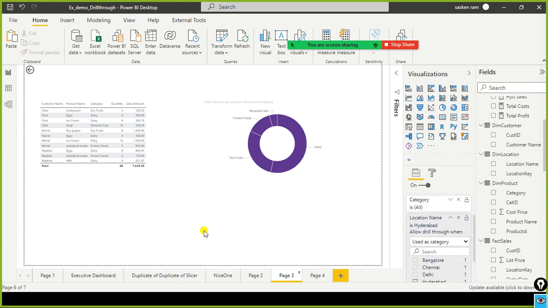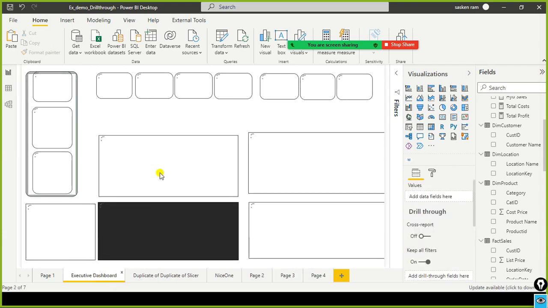When you do the drill through by selecting a specific value in the executive, in the main page, that specific value, in our case the dairy product, got sent as an argument and applied as a filter, and it shows only the dairy product related data here. See the filter, based on the filter context. In this case, we just filtered based on the dairy category, based on Hyderabad city.